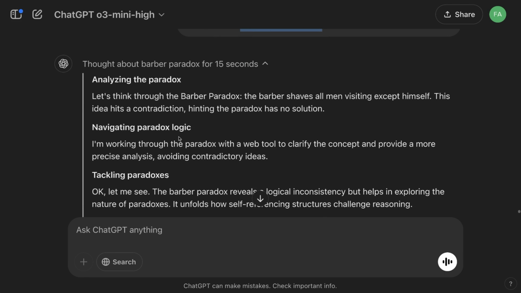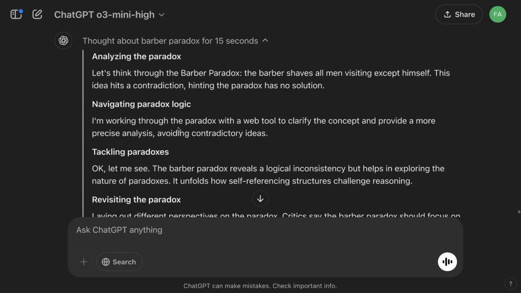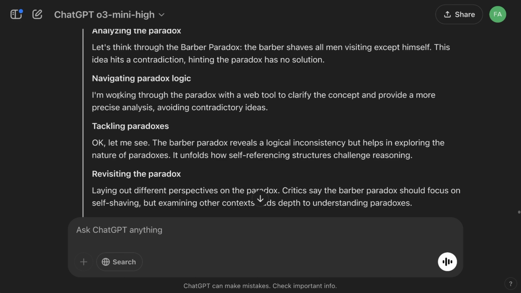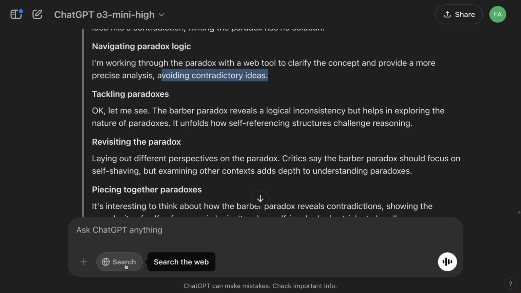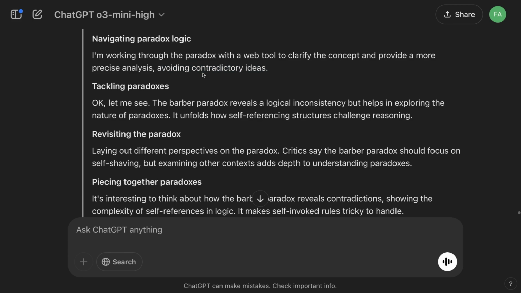So for the reasoning model, it's really interesting to go through their internal chain of thought or reasoning. Although in case of O3 Mini, it's a summarized version, but still it's actually pretty good to see. Now, for some reason, it says I'm working through the paradox with a web tool to clarify the concept and provide a more precise analysis, avoiding contradictory ideas. Although I have disabled the web search, I think it's still trying to use a web tool,